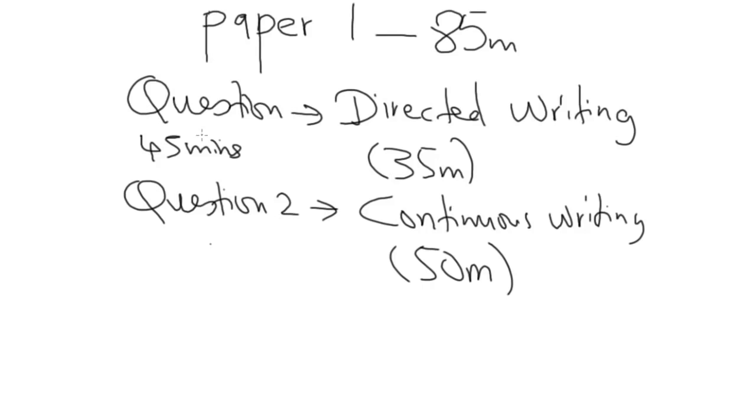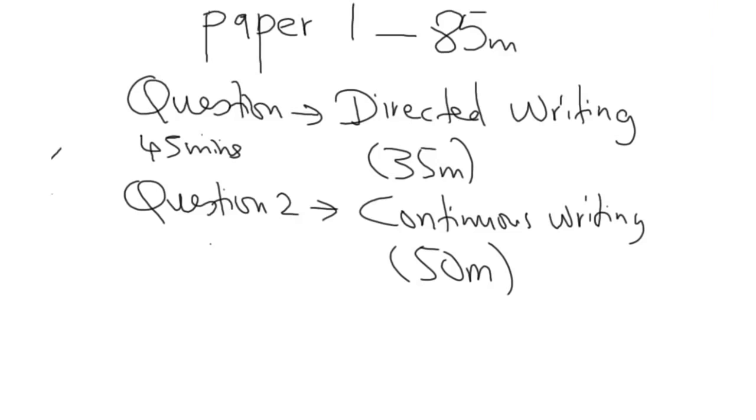Now, question 1, even a very weak candidate should be able to score at least 17 out of 35. In order to get your A plus, you have to get at least 33 upon 35. This is for A plus, and this for the basic pass E. For directed writing, there are normally 5 different types of questions that can be asked. You have 1, report,